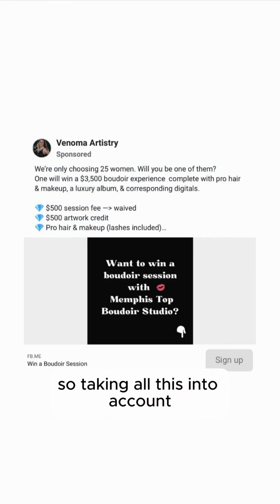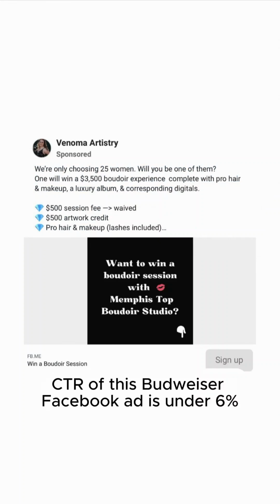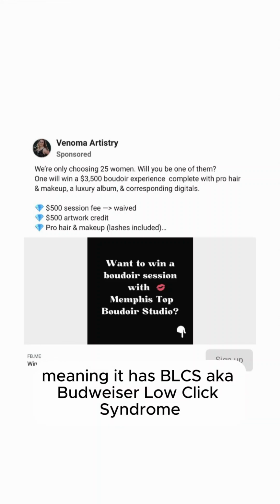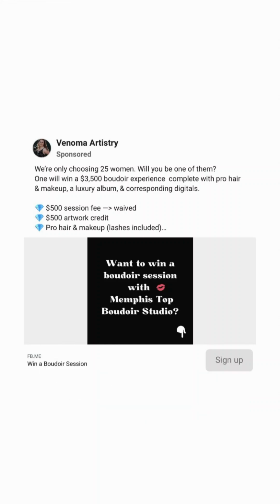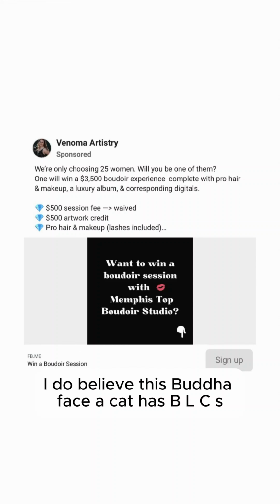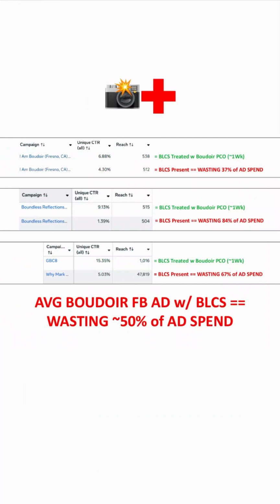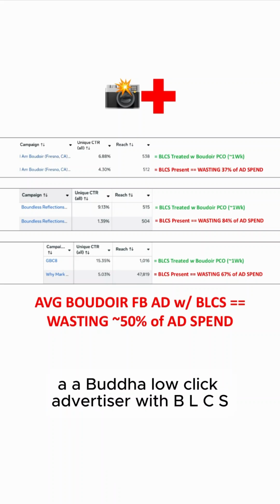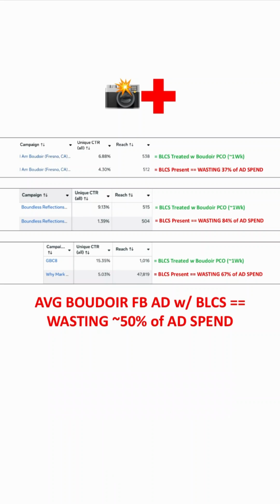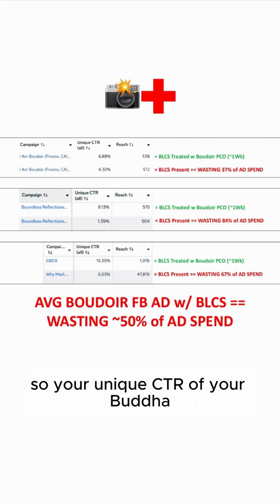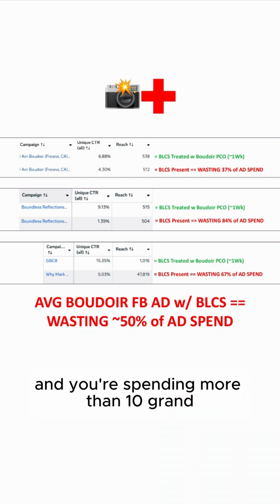So taking all this into account, I believe the unique CTRL of this Boudoir Facebook ad is under 6%, meaning it has BLCS, aka Boudoir low click syndrome. Yes, I do believe this Boudoir Facebook ad has BLCS, Boudoir low click syndrome. Now, if you're a BLCA, a Boudoir low click advertiser with BLCS, so your unique CTRL of your Boudoir Facebook ads is under 6%, and you're spending more than 10 grand a